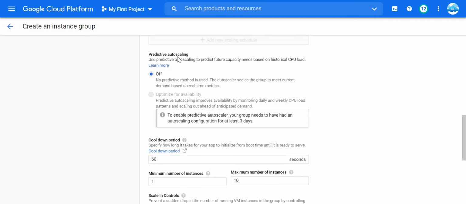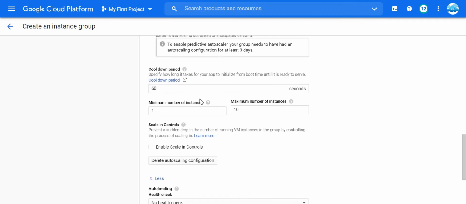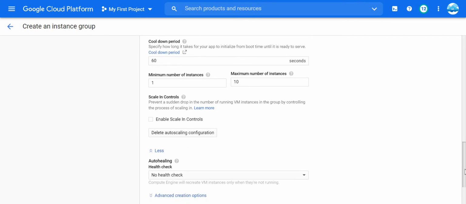Then this is predictive auto scaling. Based upon the historical CPU data, if you want to enable the predictive, then you can do that. I am keeping it off for now. This is the cooldown period. What is it? Basically it will wait for that time, so that your new instance which gets launched by the auto scaling, how much it should wait for traffic to divert to this newly launched instance. I am keeping the default,